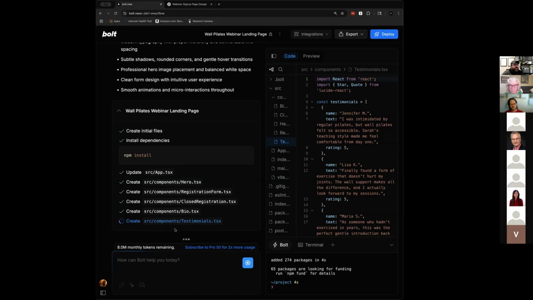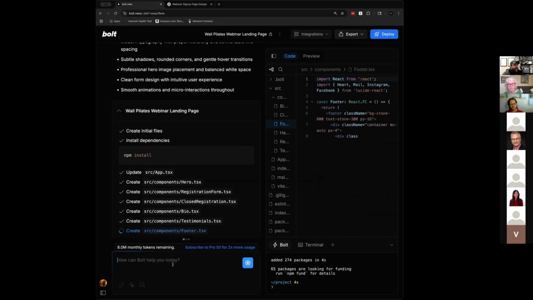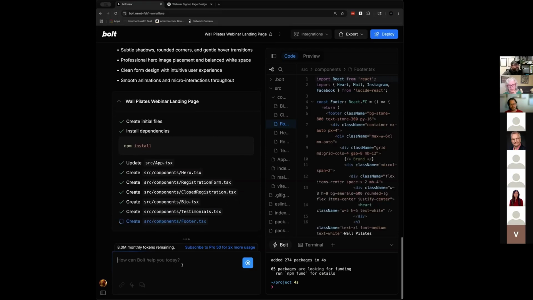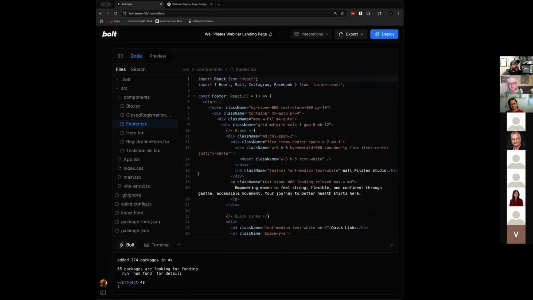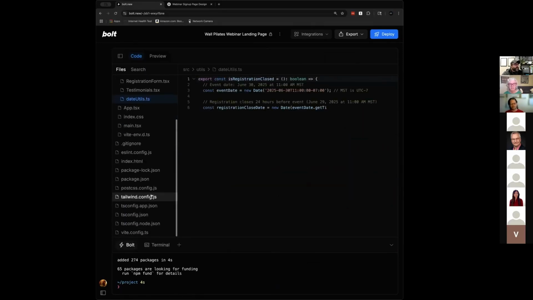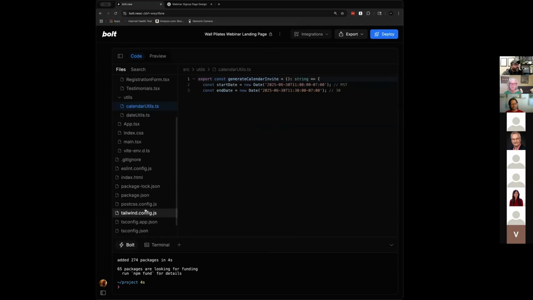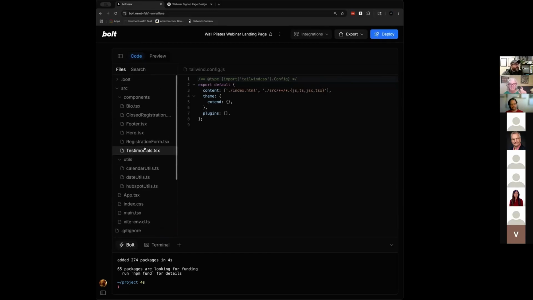And can I jump in here for a second? Absolutely. This was a learning for me. As somebody who's never used React, who's never used Tailwind, those were just phrases that were not even familiar to me. I didn't know what these components were, but I will say that once it was built and I had to go into the code, it was relatively straightforward. I was like, oh, I get it. A page is made up of components, and I can go into a component to look at the HTML in there.